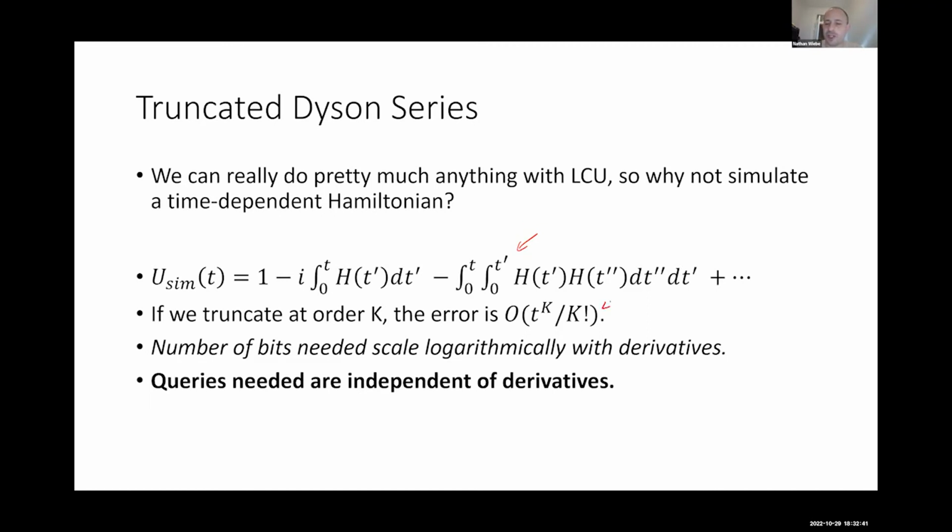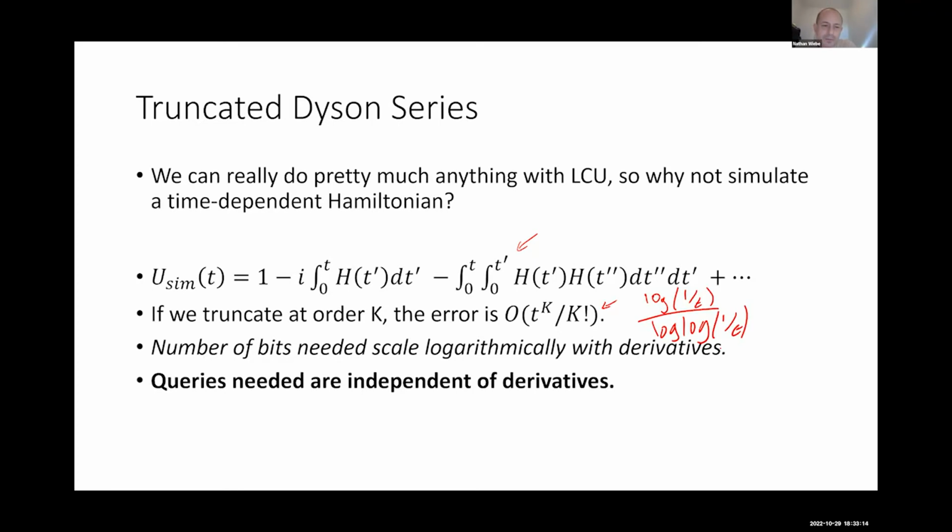So the Dyson series gives the following integral expression that closely approximates the time evolution operator when you truncate it. And the truncation error for truncating it at order k shrinks really quickly. It goes like 1 over k factorial. So for k equals 10, you're probably pretty good for just about everything, because 1 over 10 factorial is tiny. And in general, you get some scaling that goes like log(1/epsilon) divided by log log(1/epsilon), if you want the truncation error to be epsilon, after using some Stirling's approximations and stuff like that.